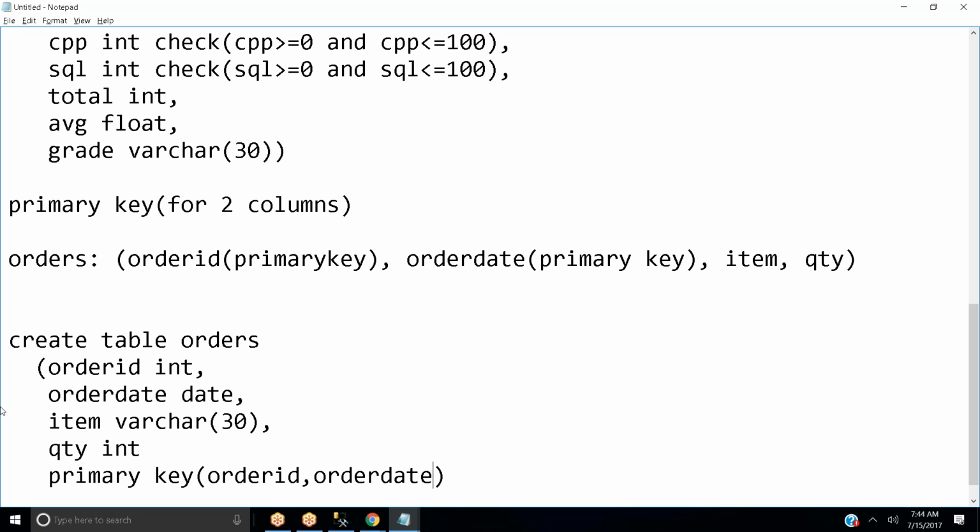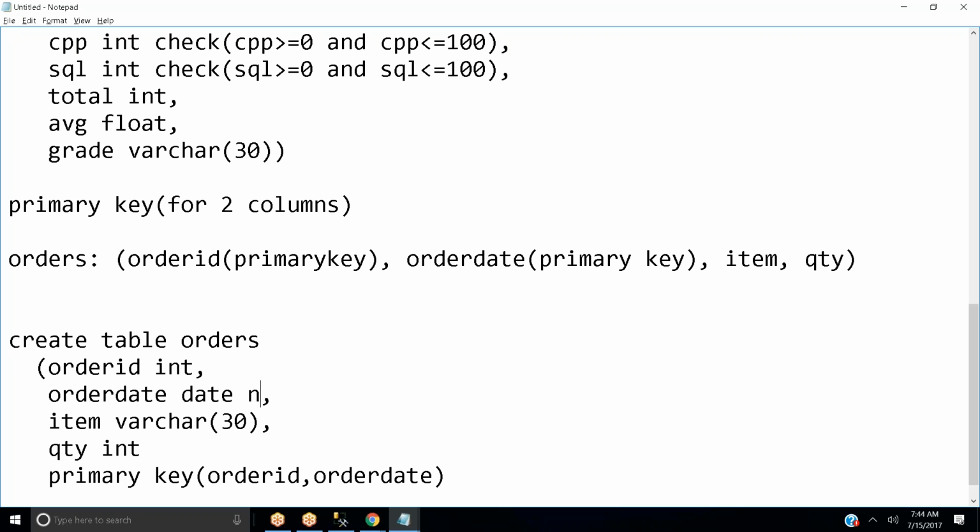And for order ID, you have defined integer, and for order date you have defined date. But for order date I don't want to allow any null values. So which constraint are you going to use? I don't want any null values.